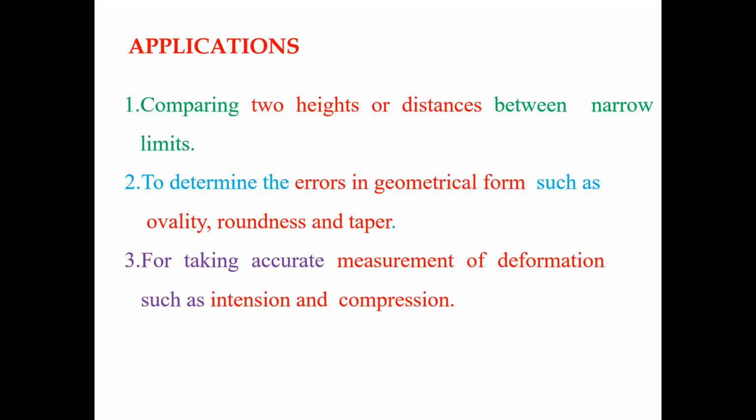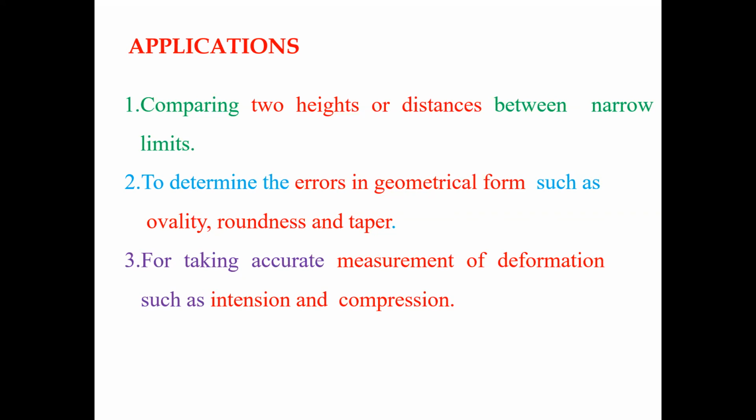Suppose you want to check the flatness of a work part. Simply move the probe, the tip of the dial indicator, on the surface which is to be measured. When it is moving, it indicates the changes on the surface on the dial with the pointer. So you can compare from one end to another end the variations in the work part, by measuring the heights and taking the difference, with the help of the dial indicator.